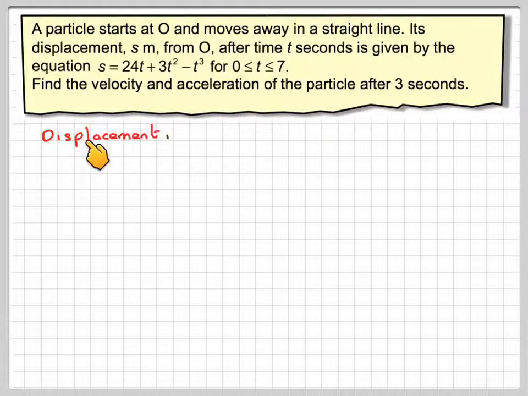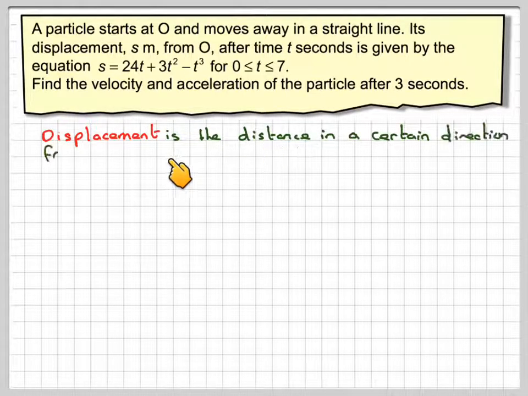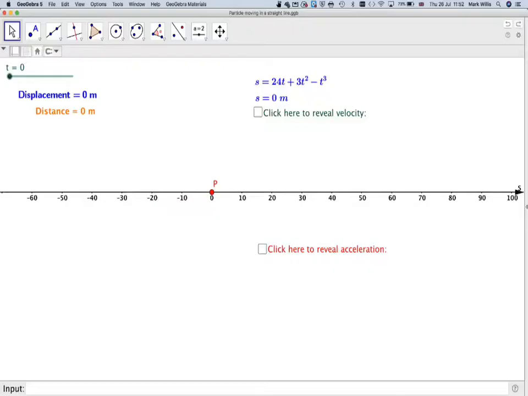Okay, so displacement is the distance in a certain direction from a point. If you look at this GeoGebra app, which I will include in the notes of the video, we have our particle P at the origin. If we move it through its 7-second time period, it goes up to about 80 and then starts going back in the opposite direction. By the end of the 7 seconds, P is at minus 28 from